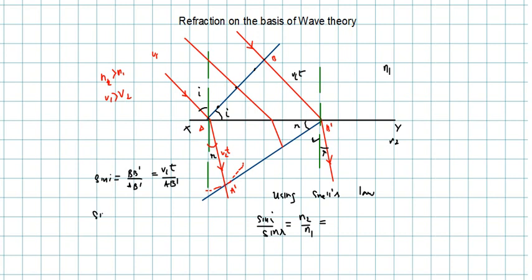Sin R will be how much? Sin R would again be perpendicular by hypotenuse. So this being the perpendicular, that is AA prime by AB prime. So this one would be V2t by AB prime. If we take the ratio, what do we get? Sin I by sin R gives me, you can see AB prime gets cancelled, BB prime by AA prime, that means V1